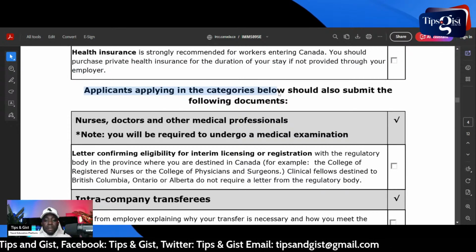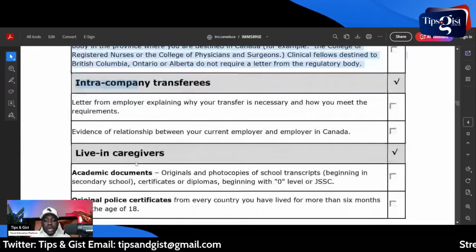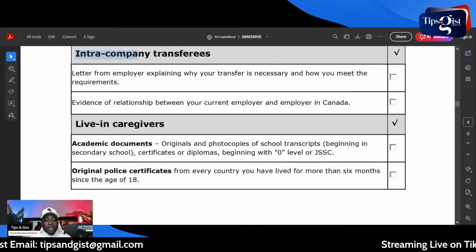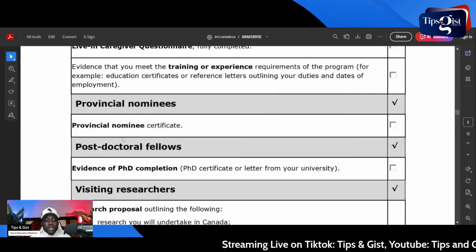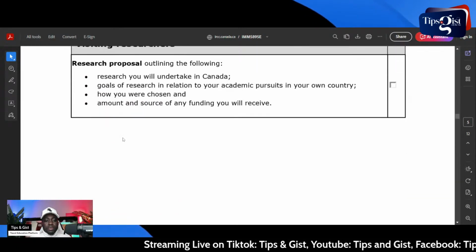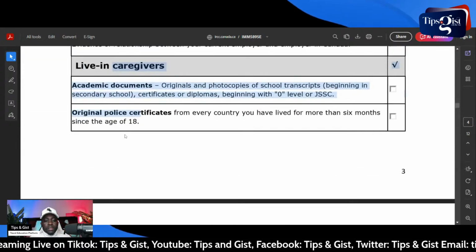And also applicants applying in the categories below, where the necessary money is required. So I don't think live-in caregivers is there again, so I don't think that we need to discuss that. All right. Now let's go to